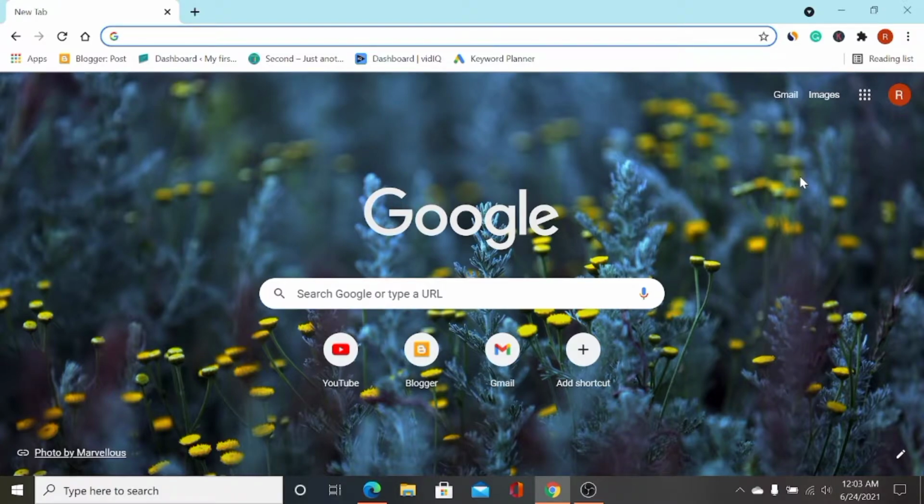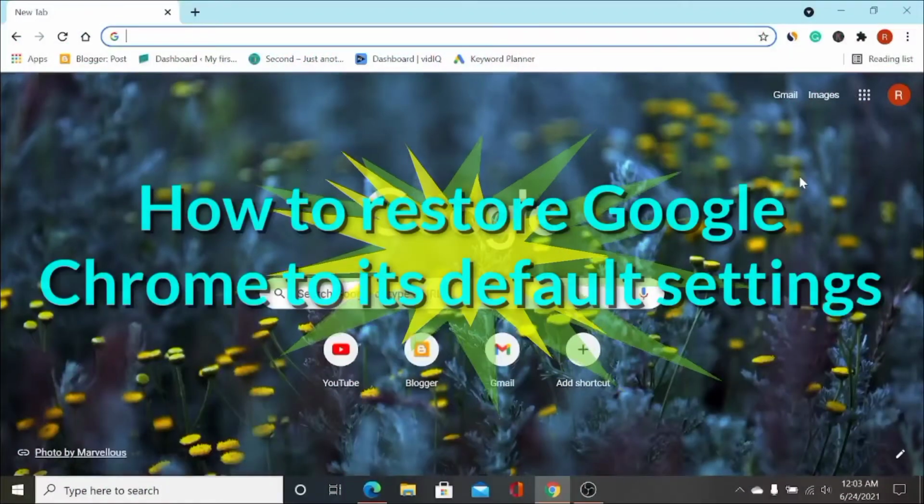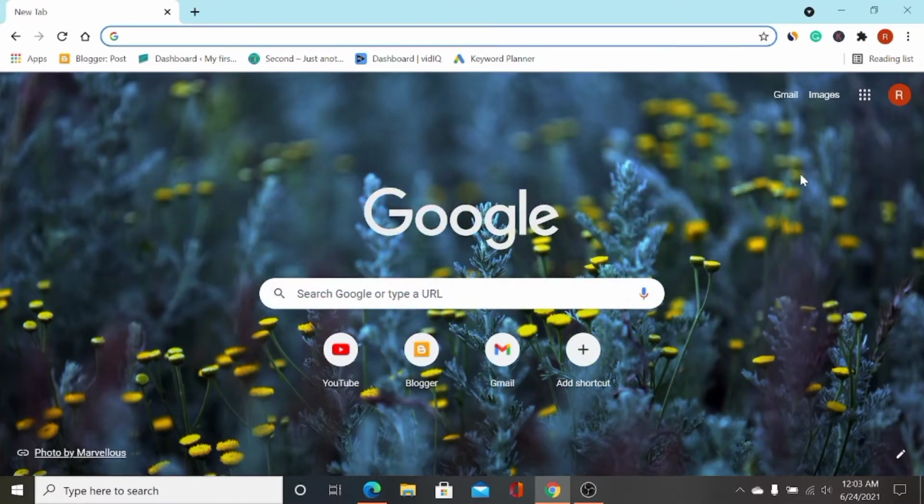In this video, I'm gonna show you how to restore Google Chrome to its default settings. So, if you made any change to your Google Chrome browser and you cannot find what that is and you are facing problems because of it, and if you want to make your Google Chrome as it was when you installed it,